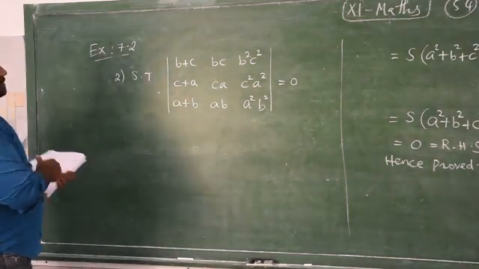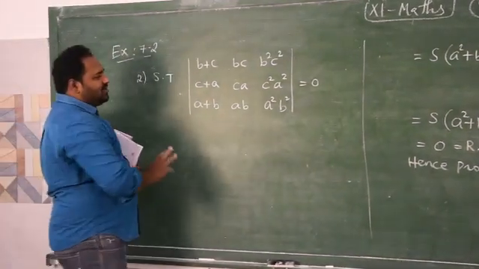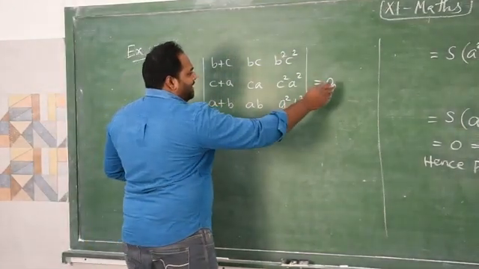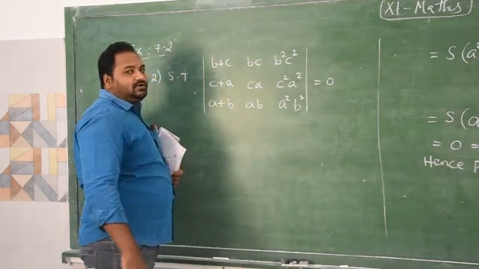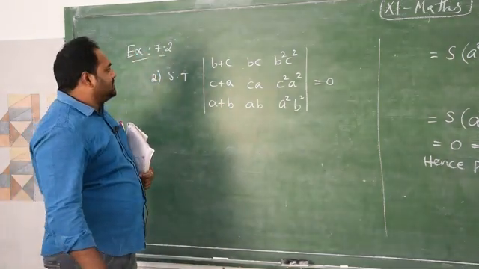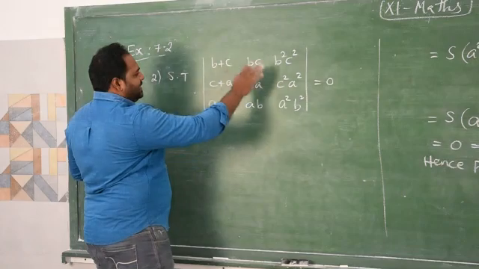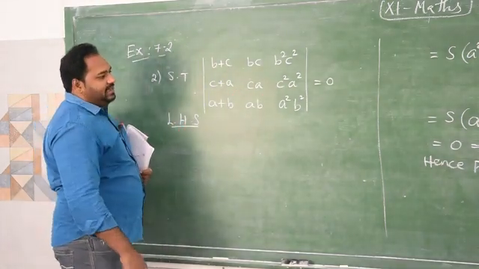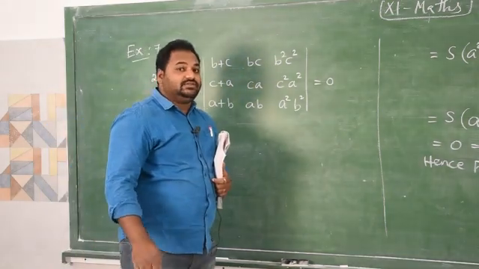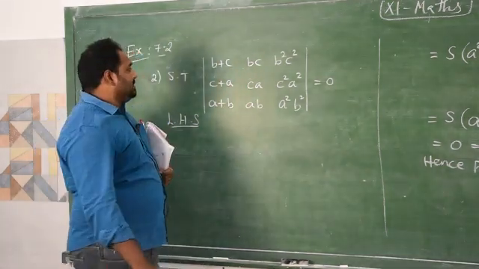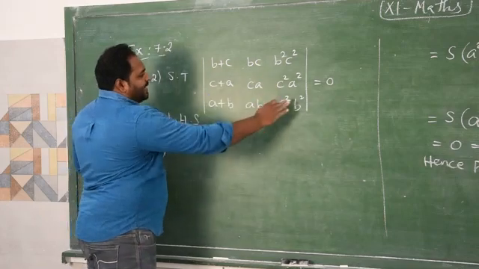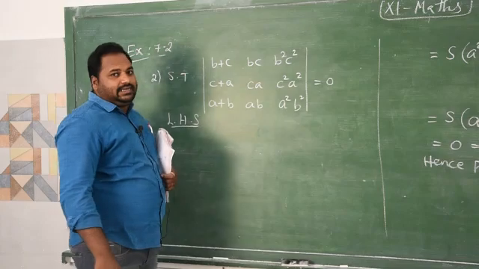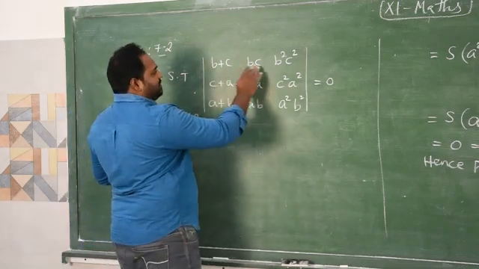Here, look at that. It just says show that. So the determinant is given, the left hand side, and the right hand side 0 is given. So we have to prove LHS equal to RHS. Here I am going to take the LHS side. Normally we can expand the determinant like a 3x3 matrix, which was told already. But in this case, if you take a normal expansion of the determinant, it is quite difficult because we have different values.